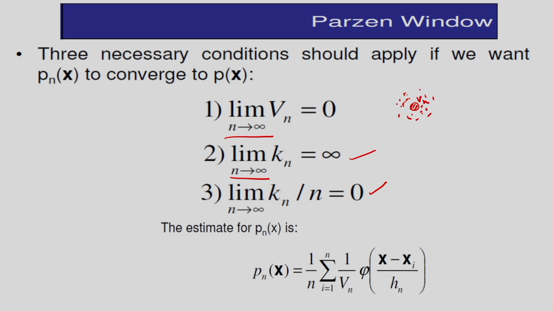And there are some mathematical derivations in the case of the Parzen window. So, the density can be estimated by using this equation. You can see the book Pattern Classification by Duda and Hart, and you can see the derivation of this equation. So, by this equation you can determine the density.